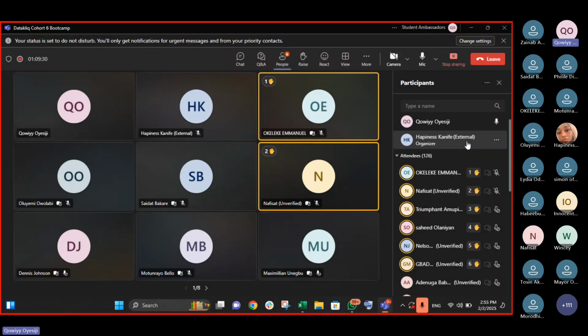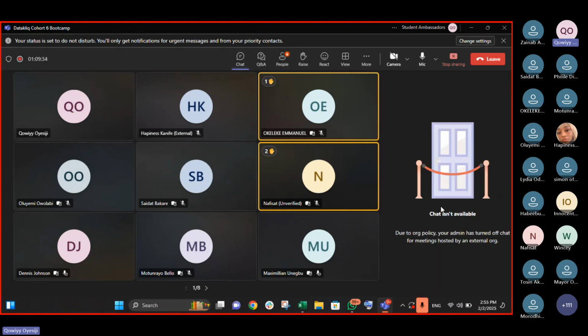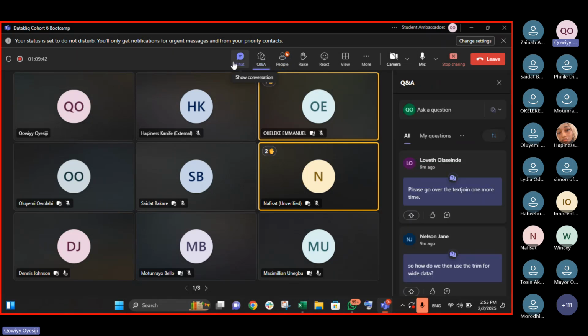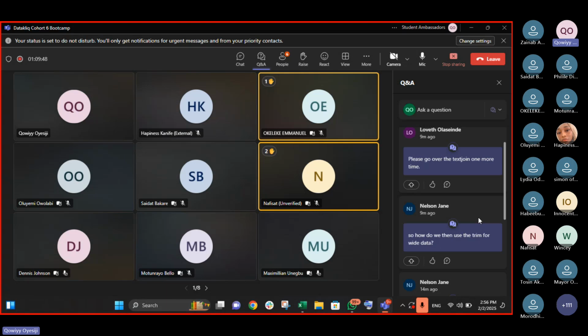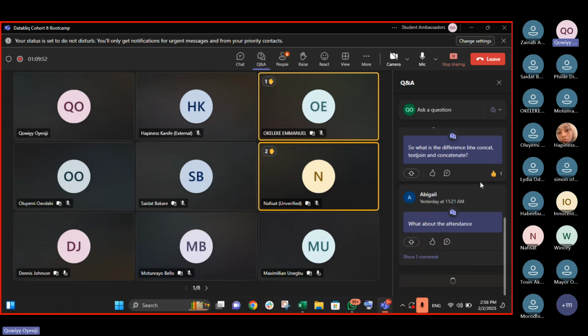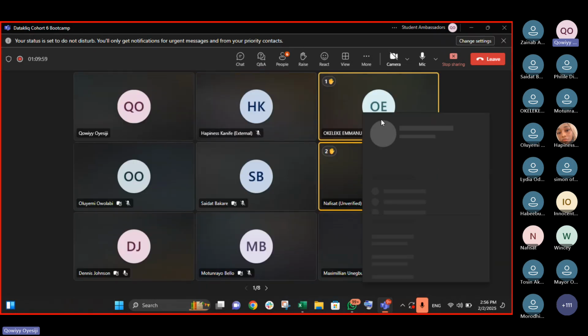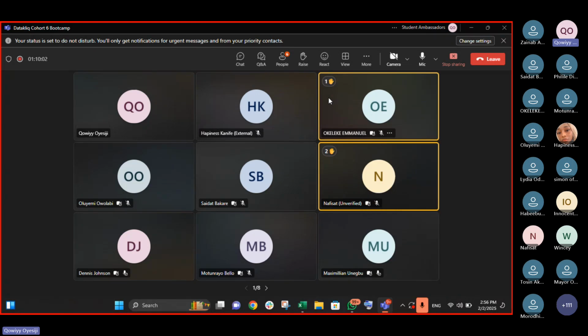You can see, even myself, I don't have access to the chat box. Despite you guys, you can see, it's telling me it's not available for me. Despite having it here. The Q&A also, I cannot use it. That's why I kept asking her to tell me your reactions, you guys' reactions. Exactly. So I get your point of view, please, on our behalf, I'm very sorry. So now, do you have another question, or is that just the observation you have? If you have a question, probably from something I've talked about, just tell me.